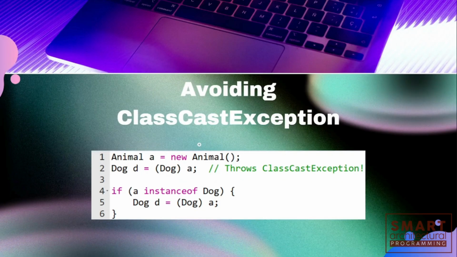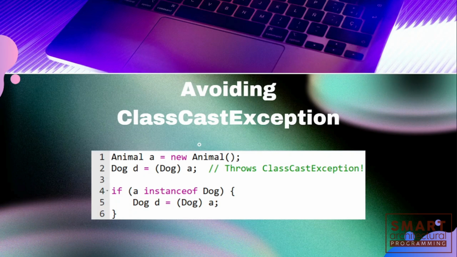So now that we understand that, let's move into avoiding ClassCastException errors that happen with the instanceof keyword when we use it incorrectly. This happens when you try to cast an object to an incorrect type, which results in the ClassCastException error. As you can see here,